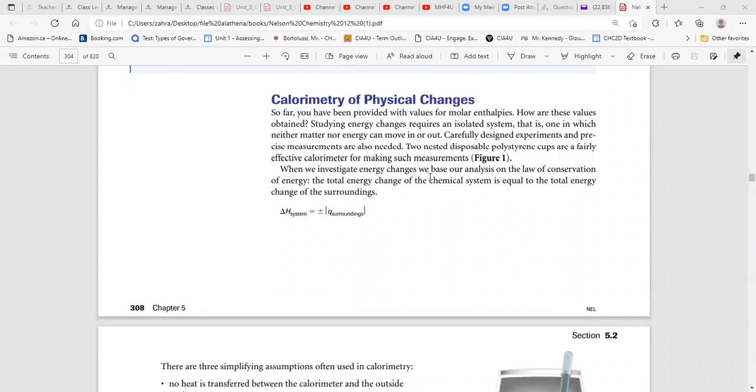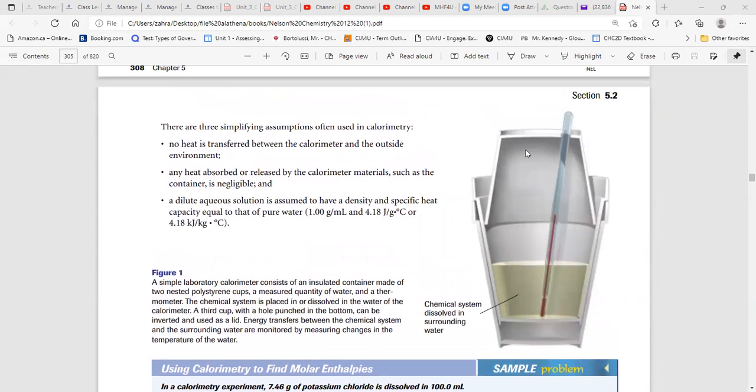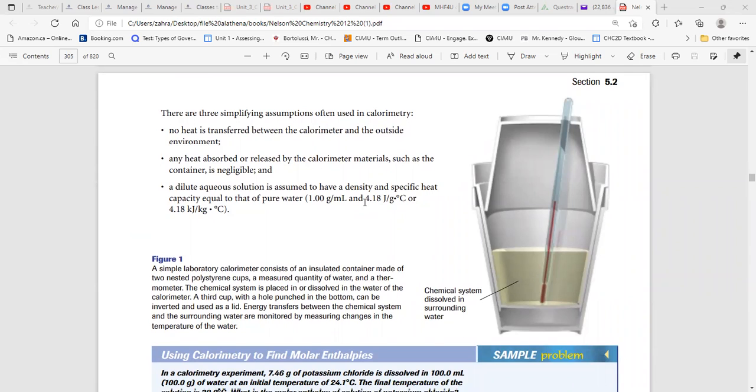Now, calorimetry, physical changes. So look at this calorimetry. We have a reaction, we have a chemical. You put in water, and you have a thermometer. You have an insulated cup, let's say plastic, so the heat cannot escape easily. The temperature is rising on your thermometer, and you can measure the change in temperature. You can identify the initial and final temperature after reaction. So the temperature of the water is rising, right? Knowing that the heat capacity of the water is 4.18 joule per gram degree Celsius,